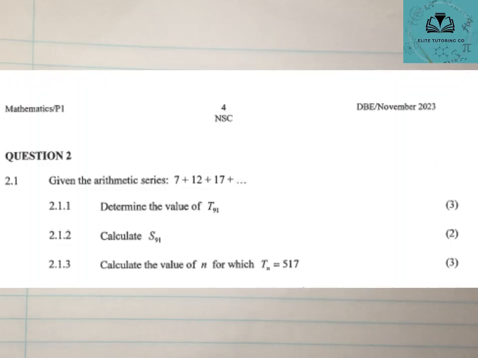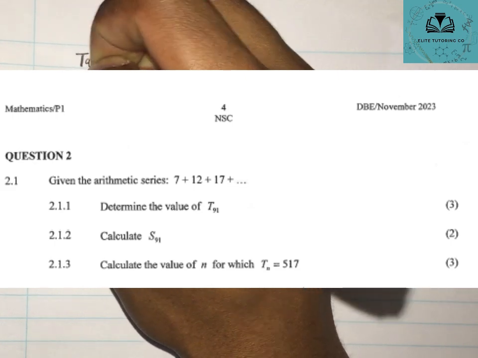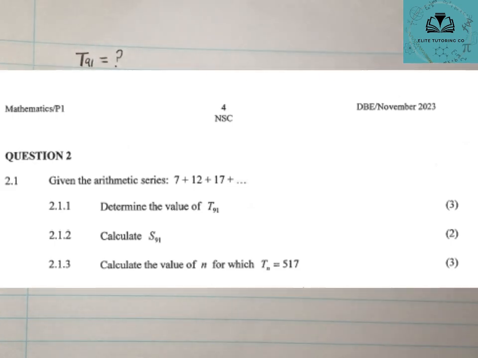So we are given the arithmetic series 7 plus 12 plus 17 and so on. It continues. Now the first question there, 2.1.1, determine the value of t91. So this means we are looking for the 91st term. In order for us to find the 91st term, we first need to come up with a general term